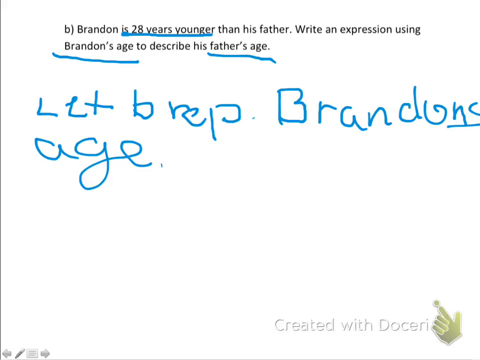Okay, write an expression using Brandon's age. So we know that Brandon's 28 years younger. So his father's age would equal 28 minus B. Because, no,